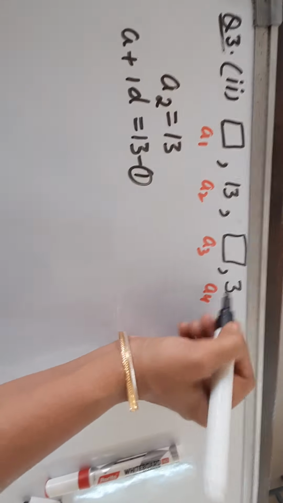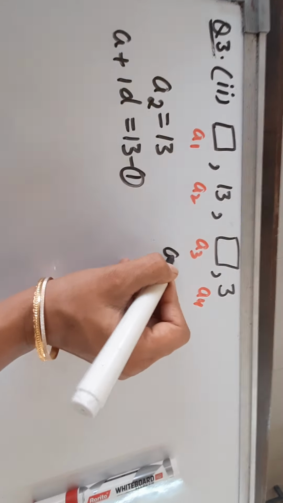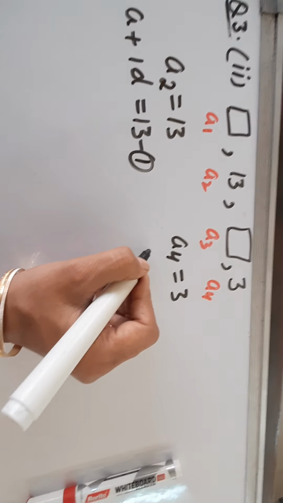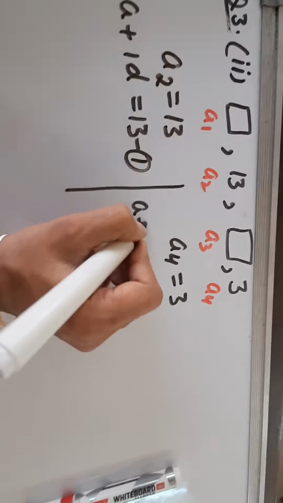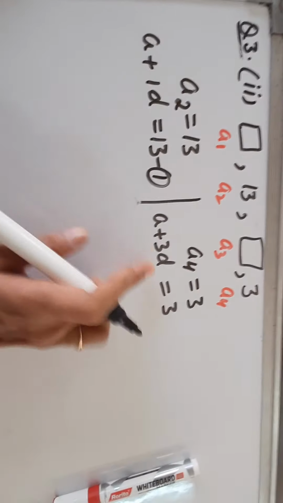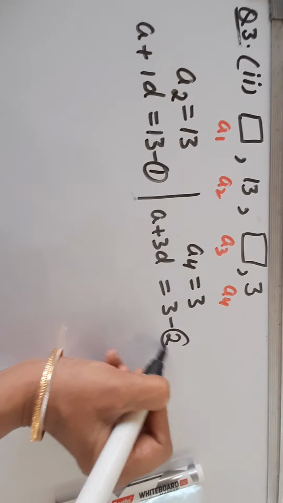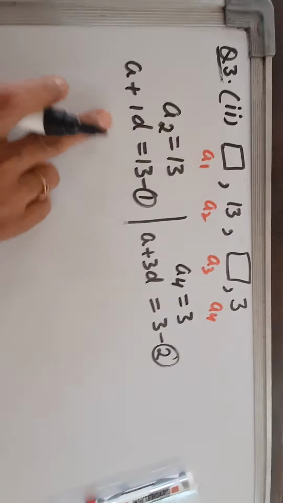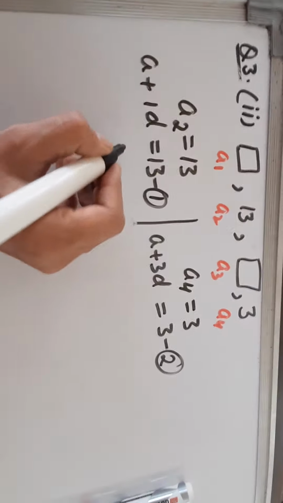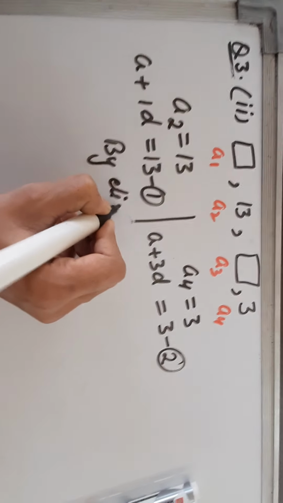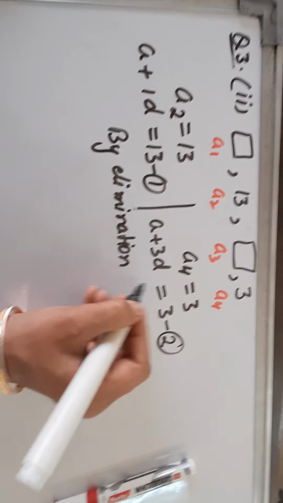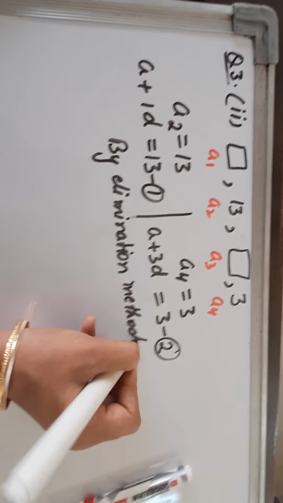ठीक है. Now what is the another given term? वो है हमारे पास A4. We can see is equal to 3. तो हमें क्या करना है, A4 का फॉर्मूला क्या होता है, A plus 3D is equal to 3. So again now A is not there, D is not there, we can't solve it further, we'll mark it as equation 2. अब आपने ऐसे इक्वेशंस को सॉल्व करना सीखा है इन योर थर्ड चैप्टर बाय एलिमिनेशन मैथड. बाय एलिमिनेशन मैथड मीन्स इन प्लेस ऑफ x and y वी हैव A and D, वी विल सॉल्व दीज टू इक्वेशंस. तो क्या था वो मैथड,